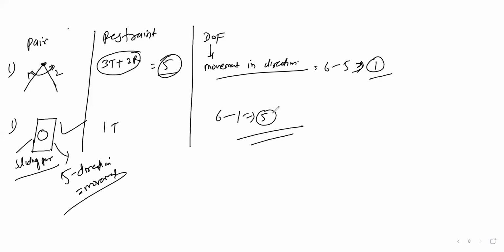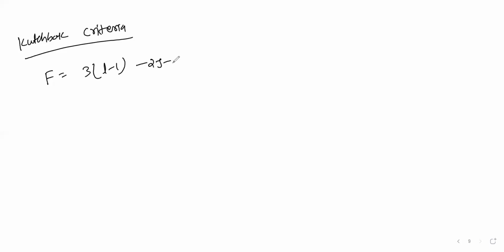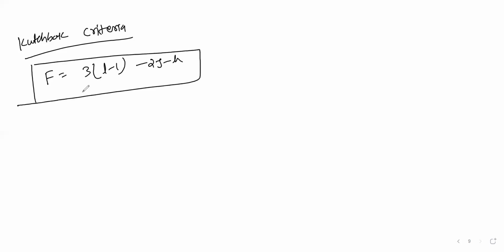Or else we have a formula also. Based on that, I will give you the formula to find out a complicated link. We have a degree of freedom formula by the Pushback criteria. The degree of freedom given by the Pushback criteria is F equals 3 into (L minus 1) minus 2J minus H. This is the formula, where L indicates the number of links,